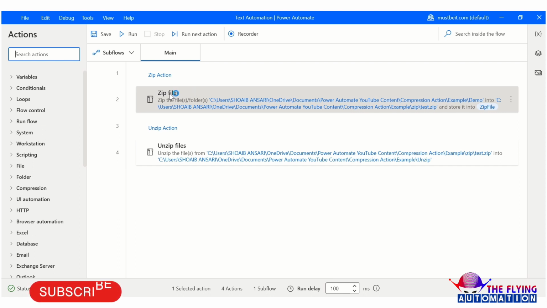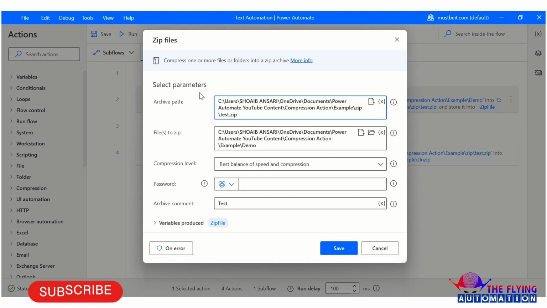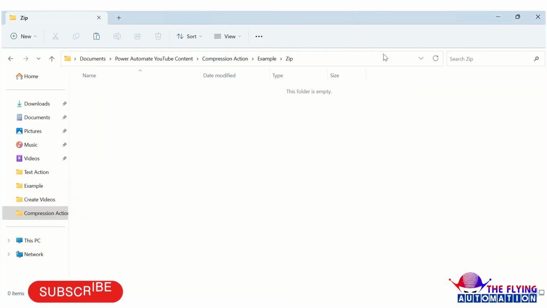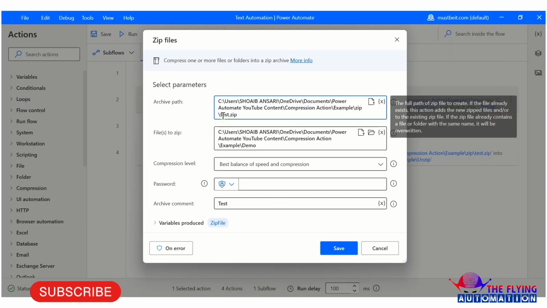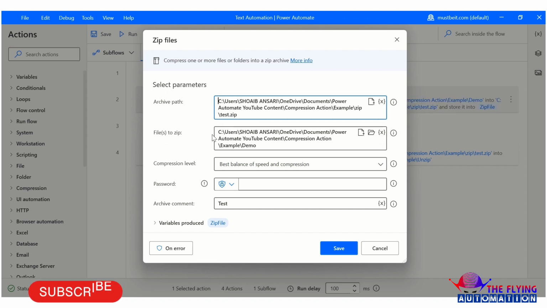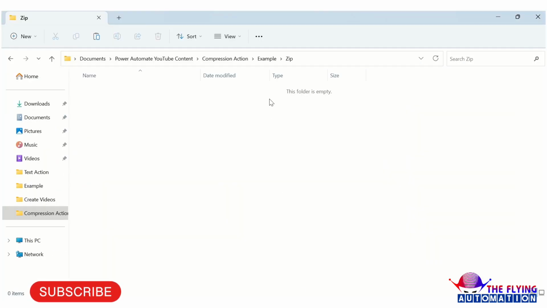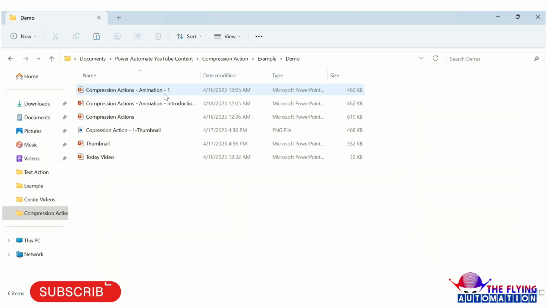Here you can see I have taken the Zip files action. Let's open it and see. In Archive path, you can see I have mentioned this path from my local system, and after this path I am mentioning test.zip because I want to create a zip named test.zip. In File to zip, I am mentioning the demo folder path.